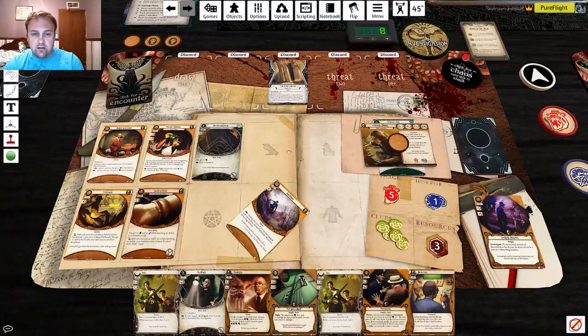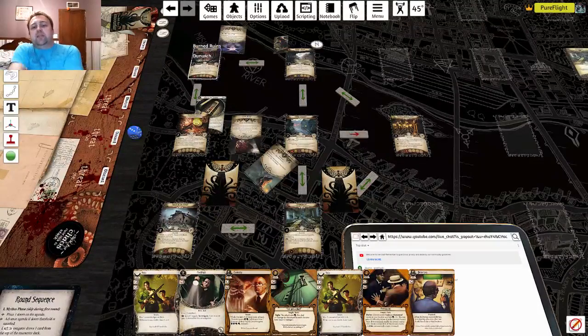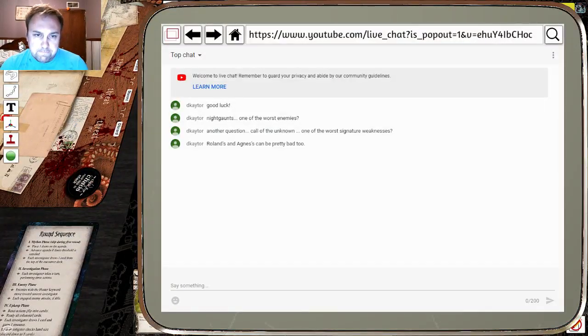-4, so I fail. Second action, I'm going to take the same test again, 5 on 3. -3, I fail. And last action, do I just move into the Burned Ruins and take the 2 horror, you think? Call